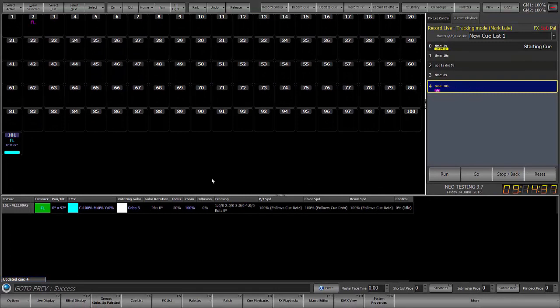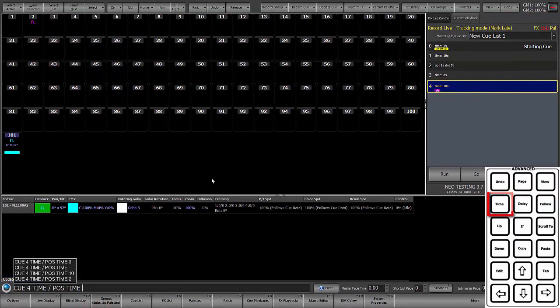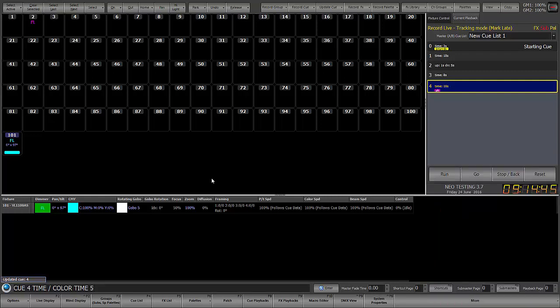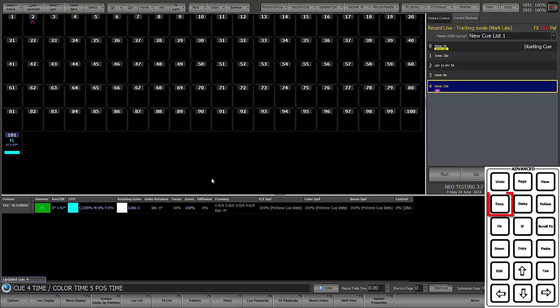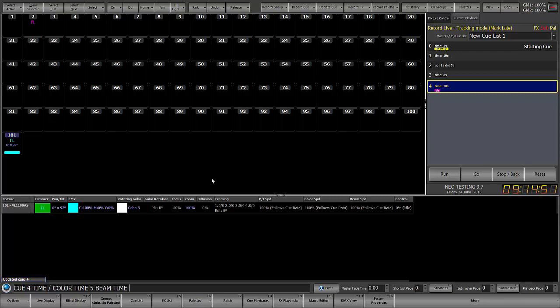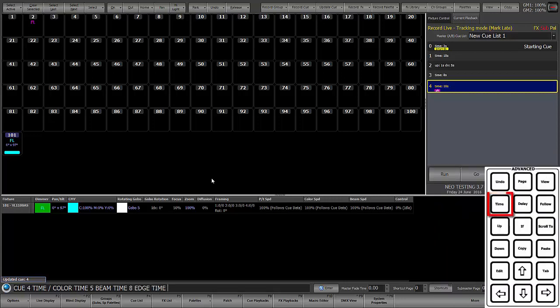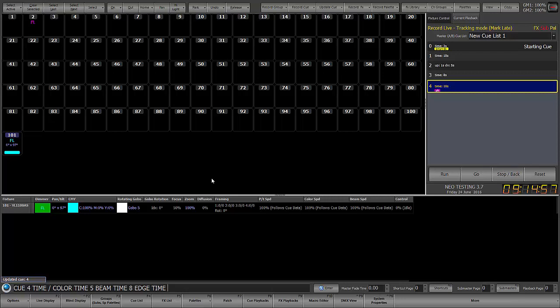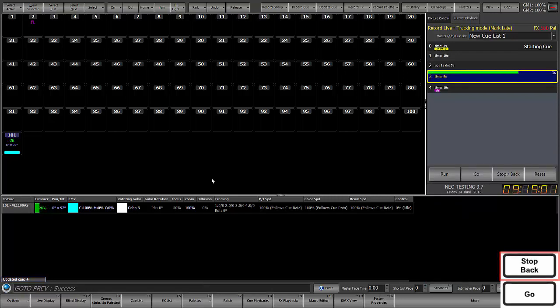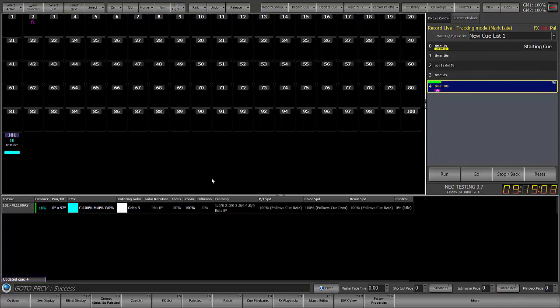So let's say we want to change color. So I'm going to say Q time, hit it until I get to color time. We're going to make that a 5 count. And let's go ahead and do some of this other while we're here. I'll do beam time at 8, and we'll do edge time at 1. So if we do a step back and go,